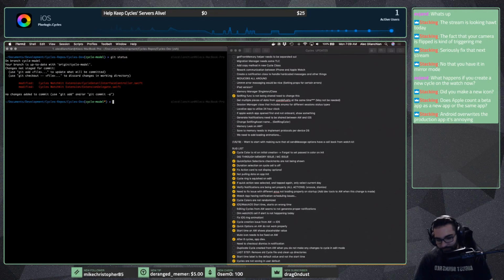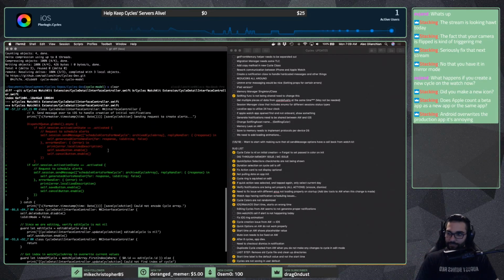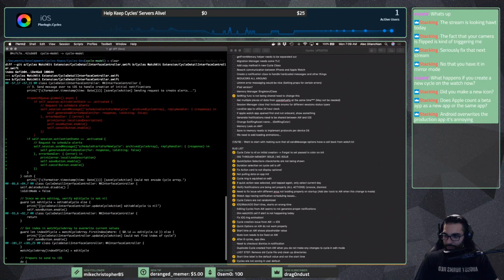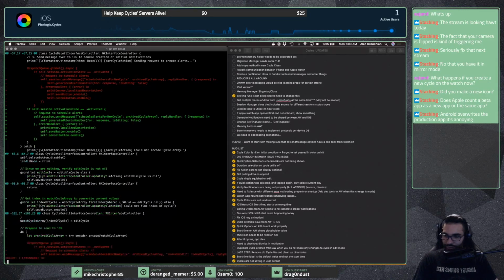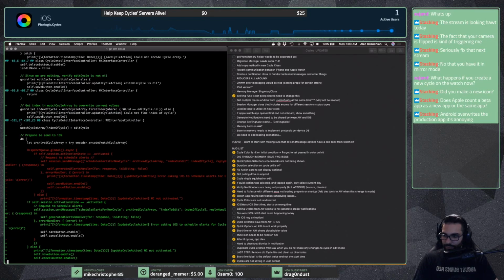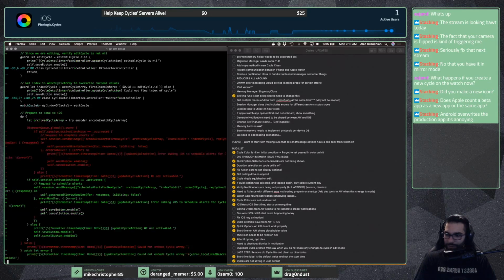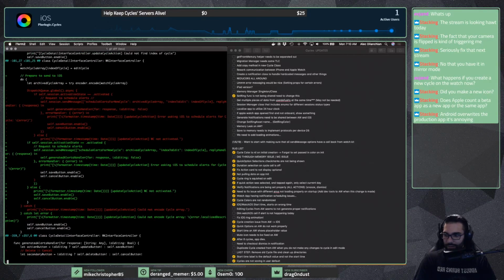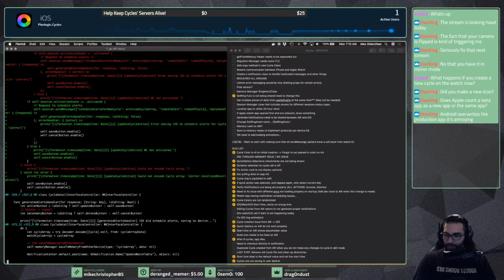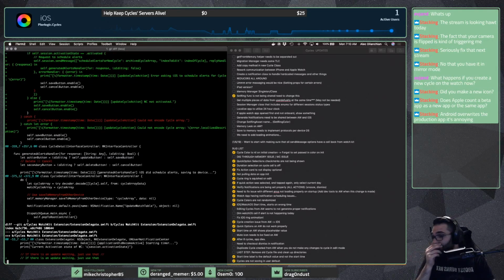Because I'm not really sure what else to do here. It's frustrating. The reason why it's so frustrating is because I've literally had these issues since Watch Connectivity was a thing on watchOS 2. It's always been an issue for me. I might just need to do more research on the proper way to set it up, but I've done tons of research on it, so